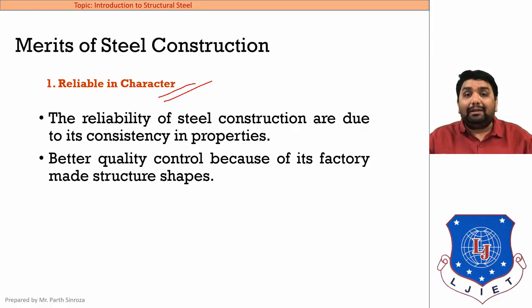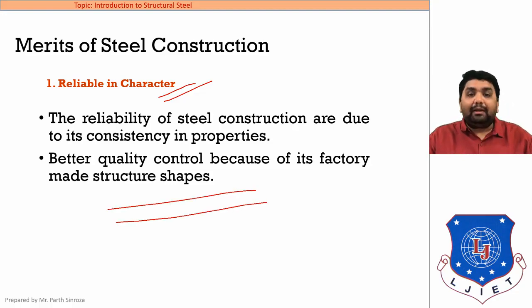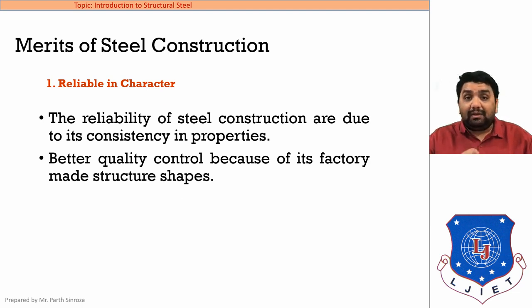It is dependent upon the locality, on what amount of sand you get, which quality of sand and which quality of aggregate you get. So it is a location based product, whereas steel is purely fabricated in factories. That means the homogeneity is much higher in steel as compared to RCC. So it is much more reliable in character because its quality can be controlled in factory made shapes. Also the shapes, as we have seen earlier, such as C shape and I shape, can be perfectly made in a factory, which is not possible in RCC.